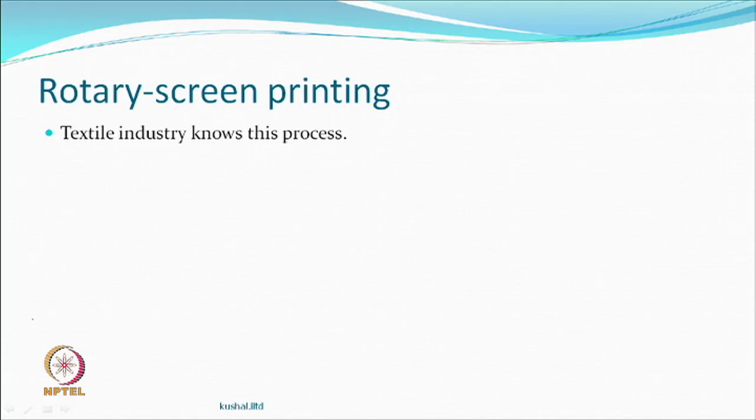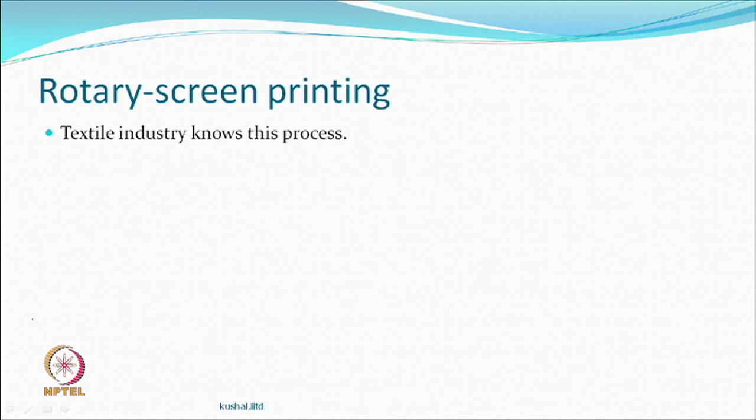So, in that sense, if in the lab you want to do any kind of paper printing, you can do it, as long as you have a good recipe. You can actually think of going to the lab and making a paste of a right dispersed dye, and testing it out to see whether any transfer takes place and how much transfer is taking place. So, this process is well known to the textile industry.